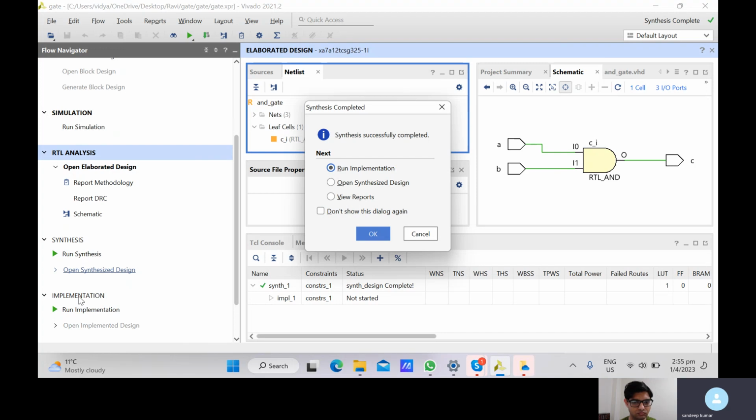Now implementation. Implementation is basically where this mapping is done. Let's say I have chosen only one gate, but your FPGA is quite big, so you have many AND gates. Where to implement this AND gate? The implementation will do that. It decides where to map it on the actual hardware, the location and pin of the hardware. So I just run the implementation,